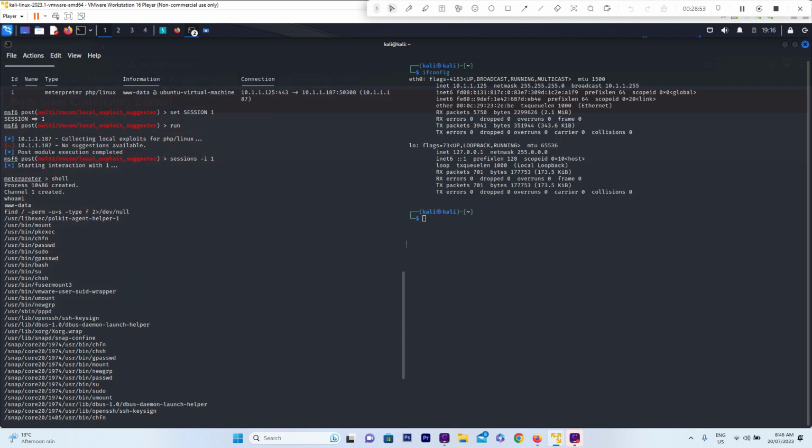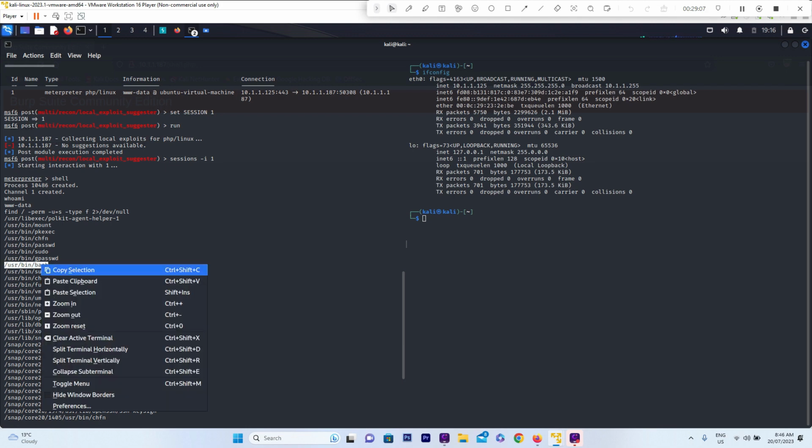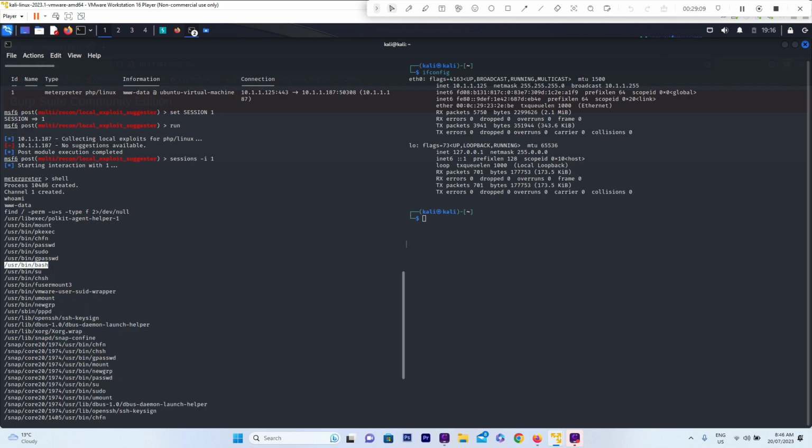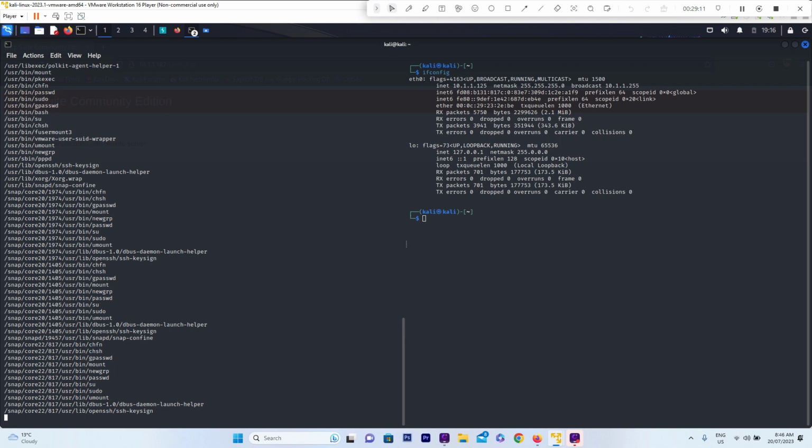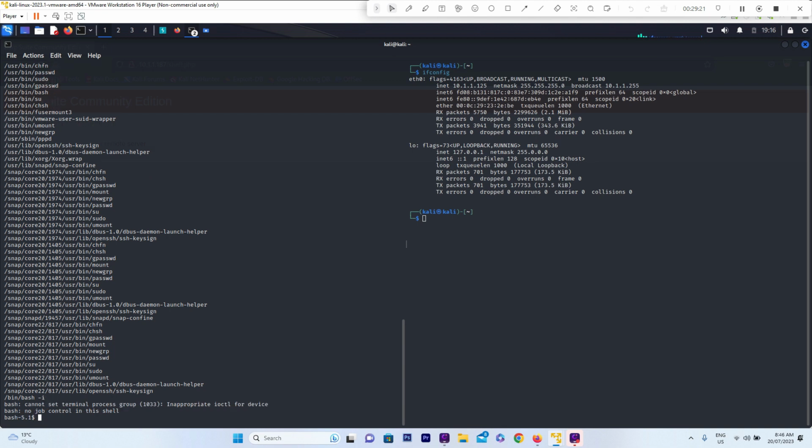So you can see we've got a few of them here. As you can tell, we've got one called /usr/bin/bash, so we should be able to exploit that to get a root shell on the system. So I'm just going to change our interpreter here. Just go /bin/bash -i,